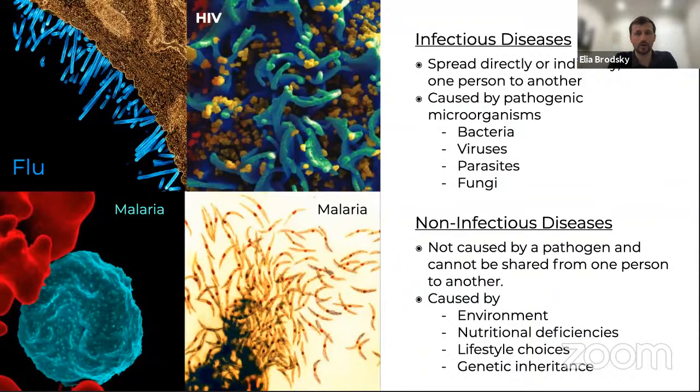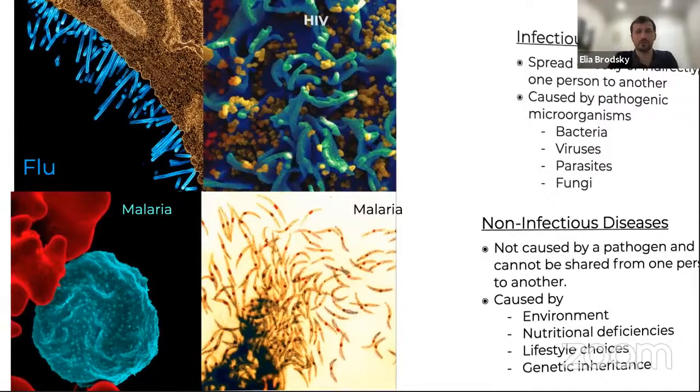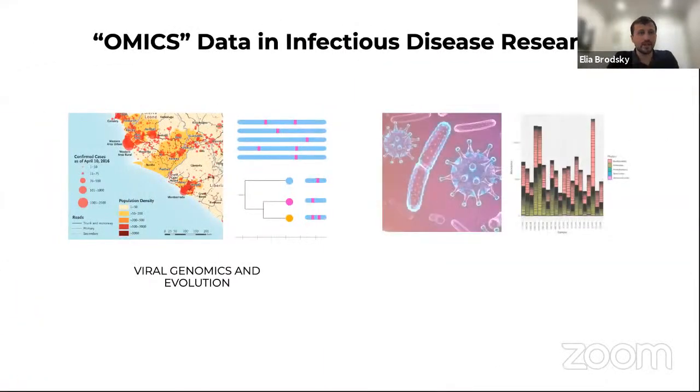And what I wanted to do today is take a look at some of these examples to identify what types of data and what types of analysis is appropriate for each type of data, so that we have a sense of what might be the source of information and the application of the information that we derive from such data. So omics data in infectious disease research can include viral genomics and evolution,